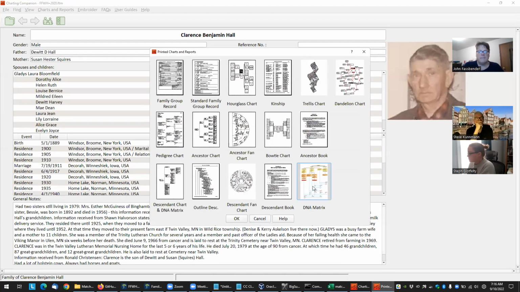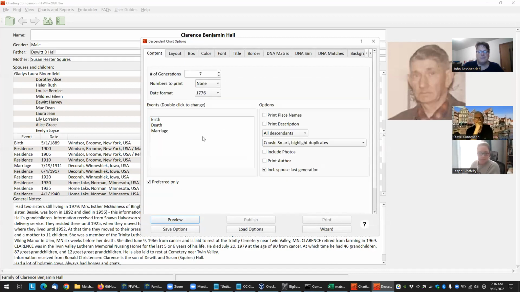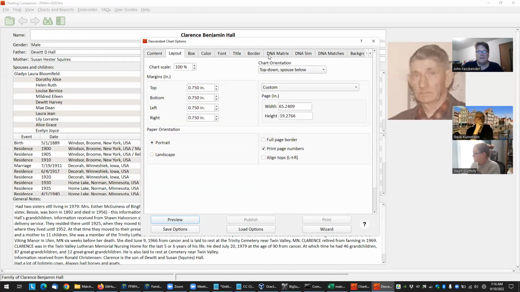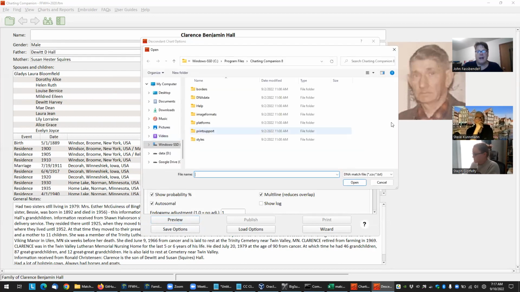And we run the DNA matrix chart, which is just an offshoot of the descendants chart. You pick what facts you want. For these, I generally just have it display the year. Layout DNA matrix, you have to tell it you're going to do the DNA matrix, and now you're going to add your match file. So you go to where you saved it,